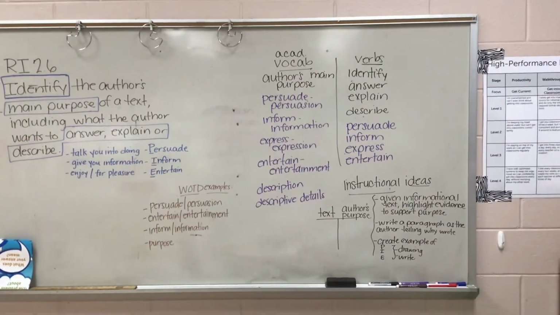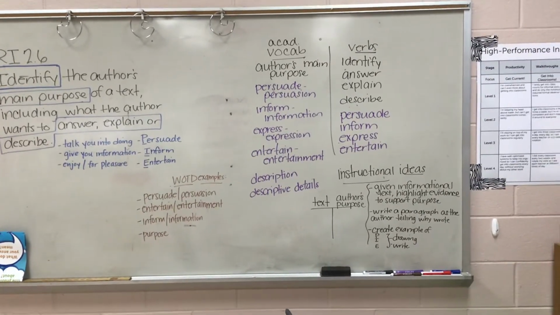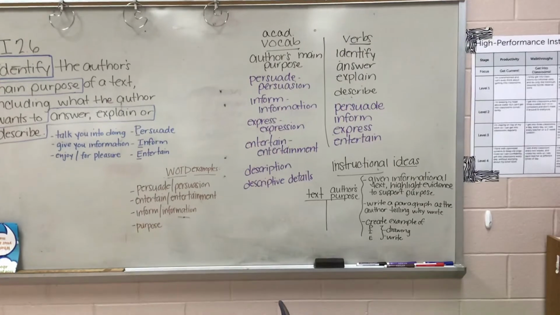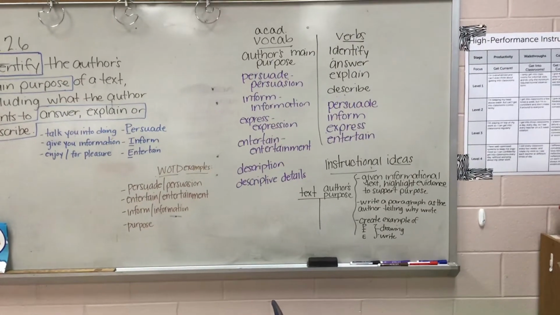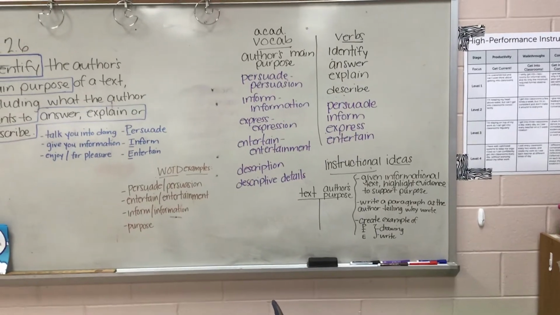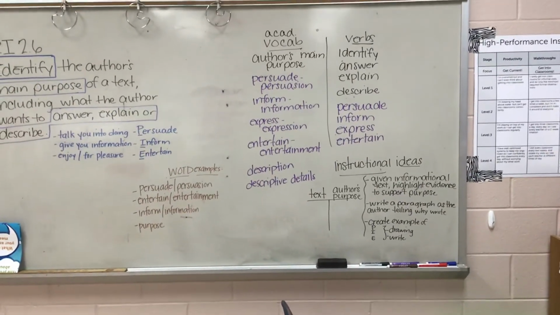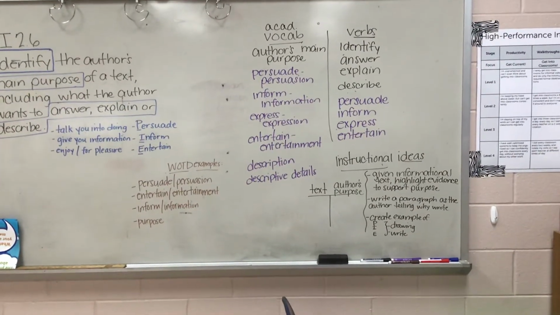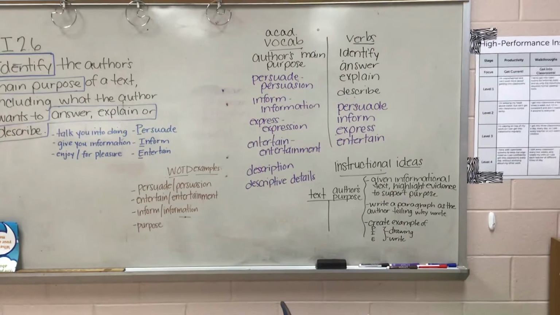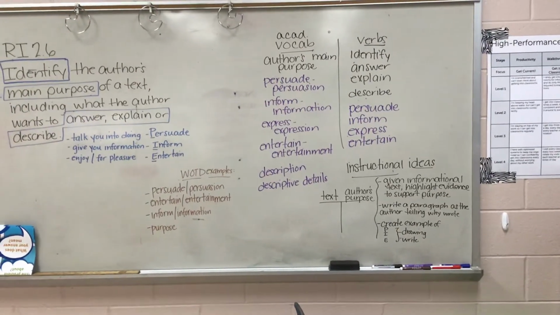So what's written in black is the academic vocabulary and verbs straight from the standard. So author's main purpose, author was in there again separately. I didn't pull author out again because it was already written one time. And then in purple, coming from the NCDPI clarification and glossary, we have persuade, persuasion, inform, information, express, expression, and